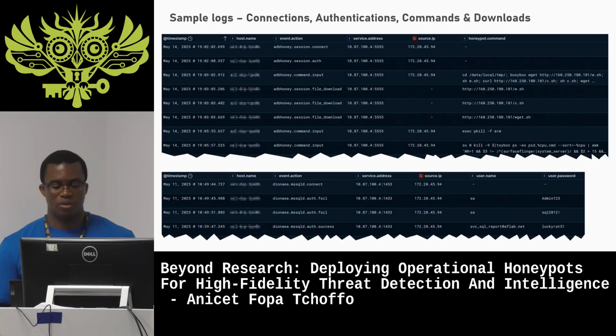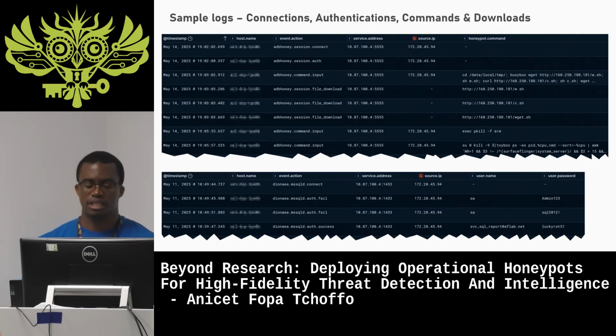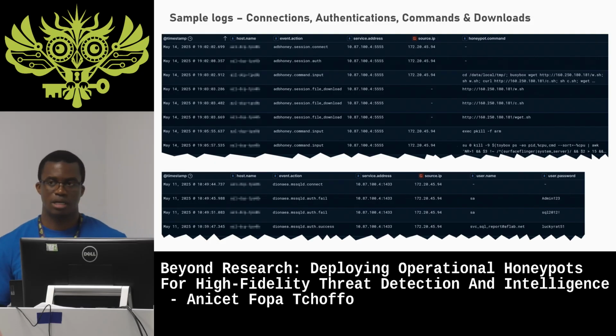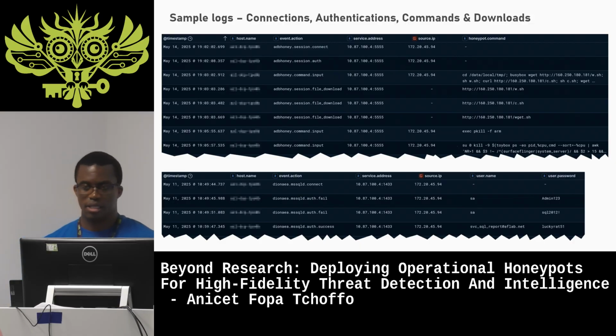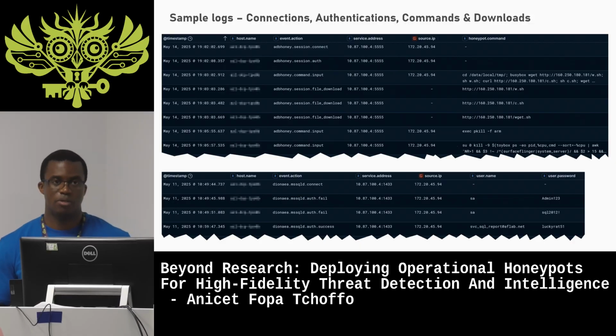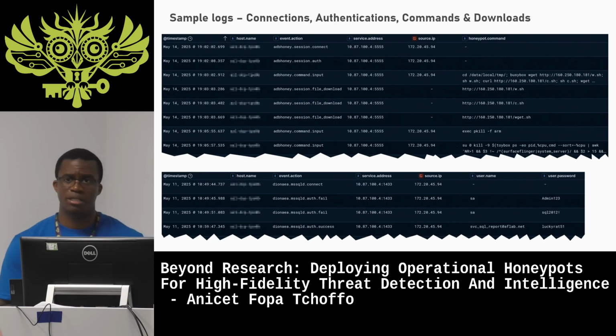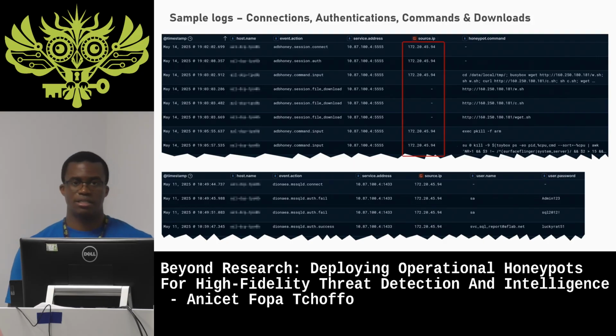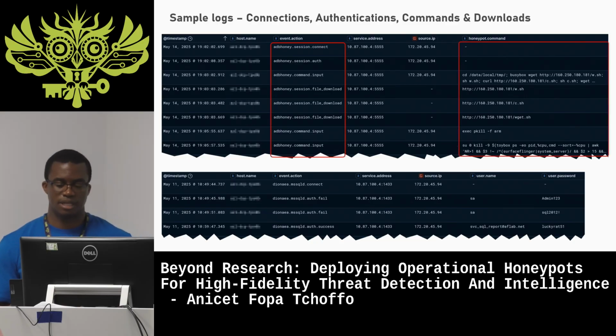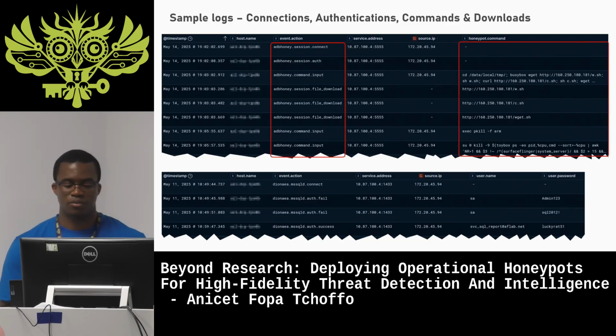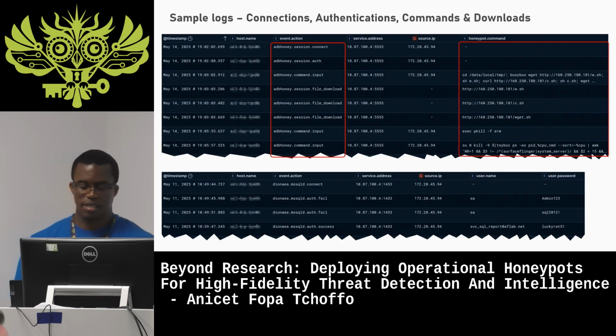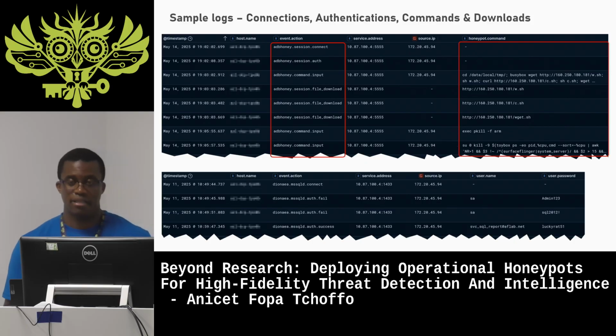Here's a real life sample where we collect things like connection, authentication, commands, and downloads with a honeypot. The top one is from a honeypot called ADB Honey, which is a honeypot that emulates an Android device. And we can see where the attacker is coming from in our network, and some of the actions taken on the system. We can see they've connected, authenticated, typed some commands, downloaded some scripts from the internet, and then continued